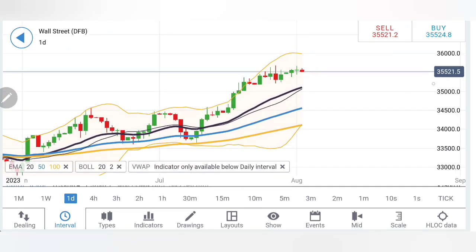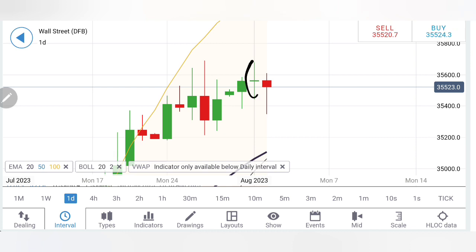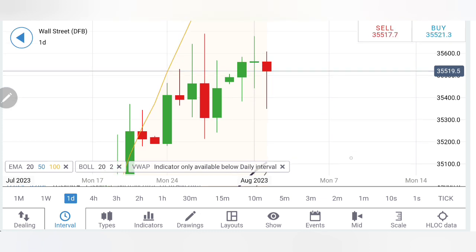Coming to the daily charts, now see on the daily chart, this could be a potential reversal sign. However, this candle is yet to take shape. It has so far traded bearish here, with highs at 35,600 and the lows you can see at 35,350 here. Now this complete zone is a swing zone here. Potentially in this zone itself, it may try to limit itself. You can buy at 35,570, but then 35,600 and